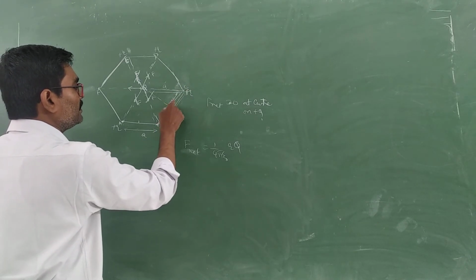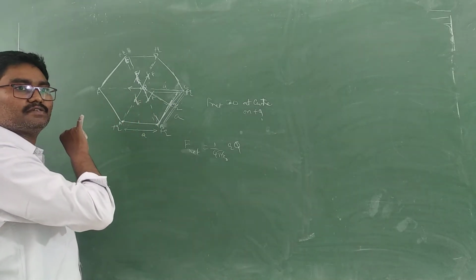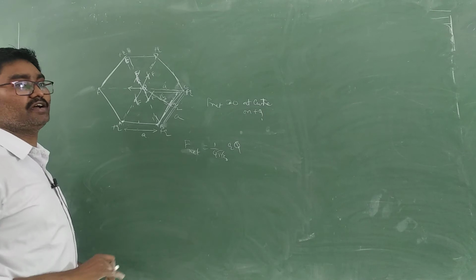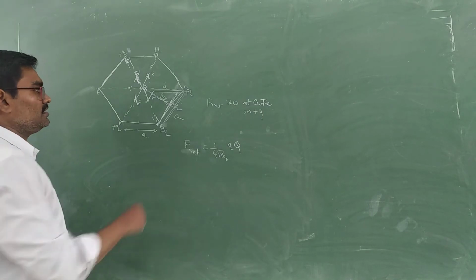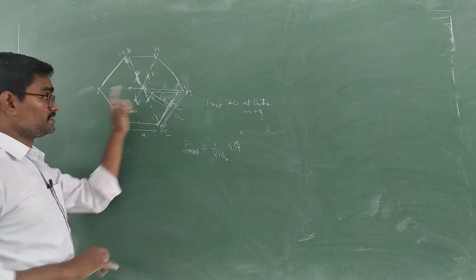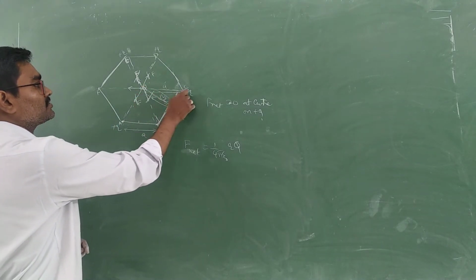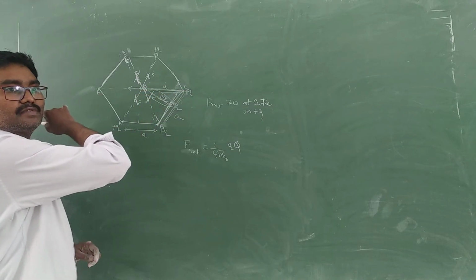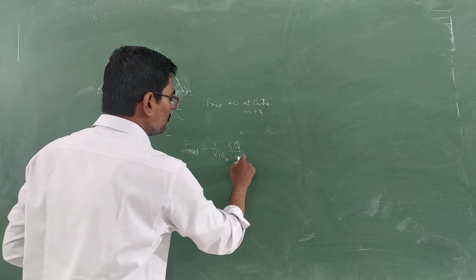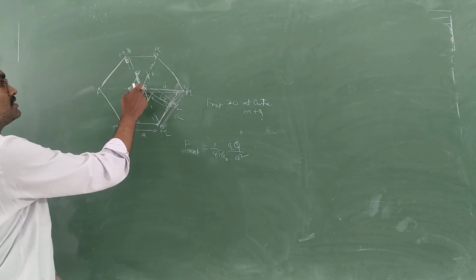But till here it is A by 2. Then what about the height they ask? It's root 3 A by 2, right angle triangle type. So this is root 3 A by 2 height. But we don't need this height, because the charge is here and this charge. So we need this distance. So A only. So what will happen? This will be exerting in this way. So A square. That is along CN.